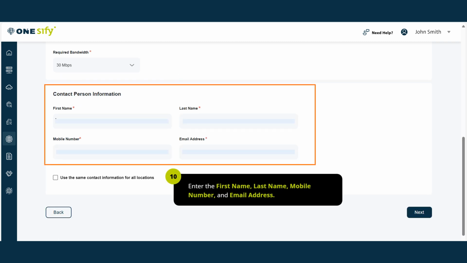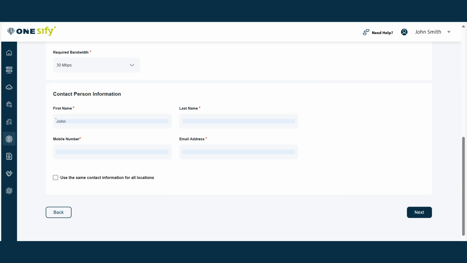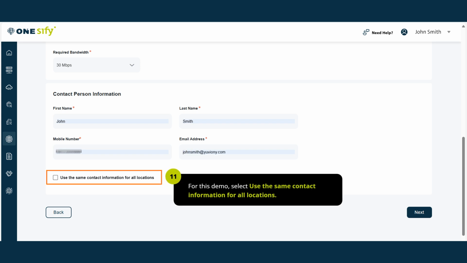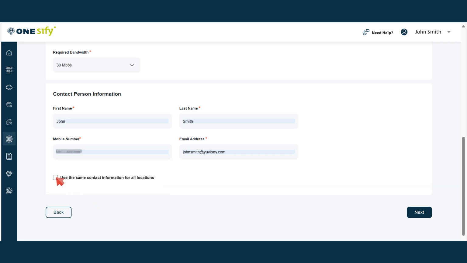In the Contact Person Information section, enter the appropriate first name, last name, mobile number, and email address. If multiple locations are added under the same contact person, select Use the same contact information for all locations as per your requirement. For this demo, select the checkbox. Click Next to proceed.